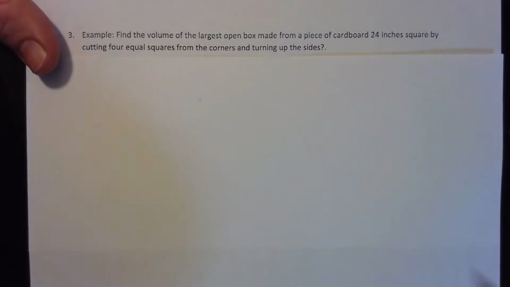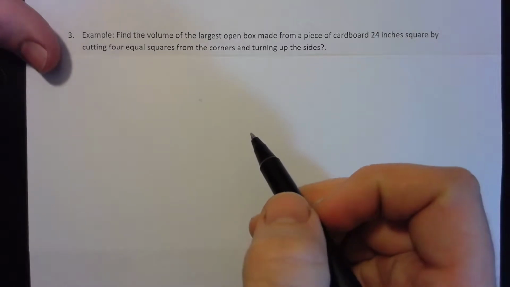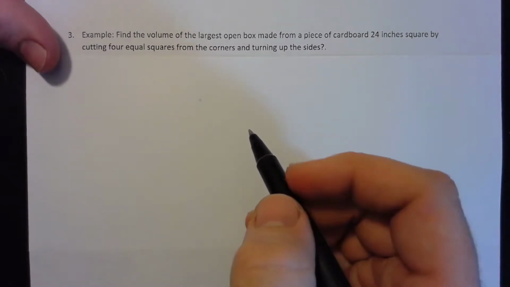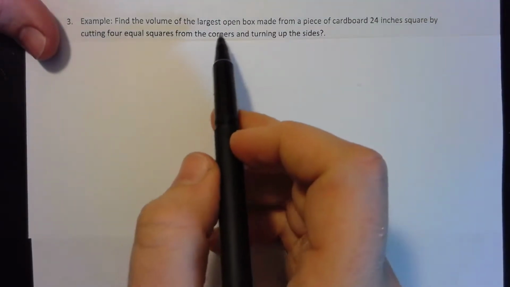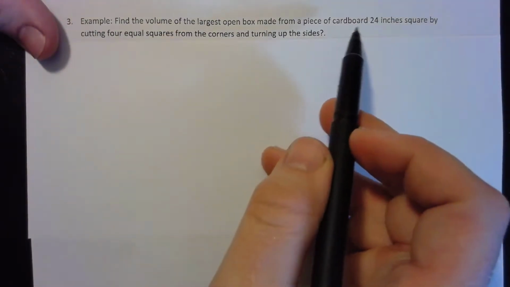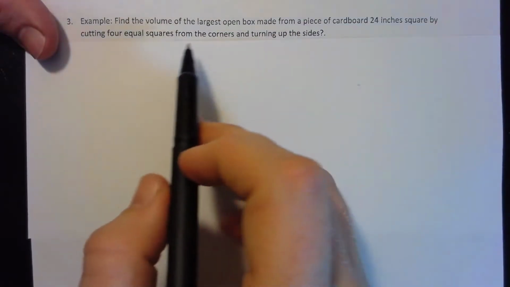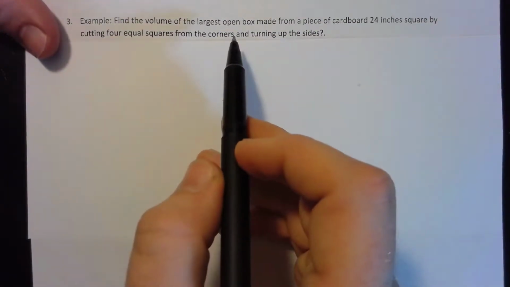In this video, we'll be covering the concept of optimization revolving around the open box method. In this case, you're going to start with: find the volume of the largest open box made from a piece of cardboard 24 inches square by cutting 4 equal squares from the corners and turning up the